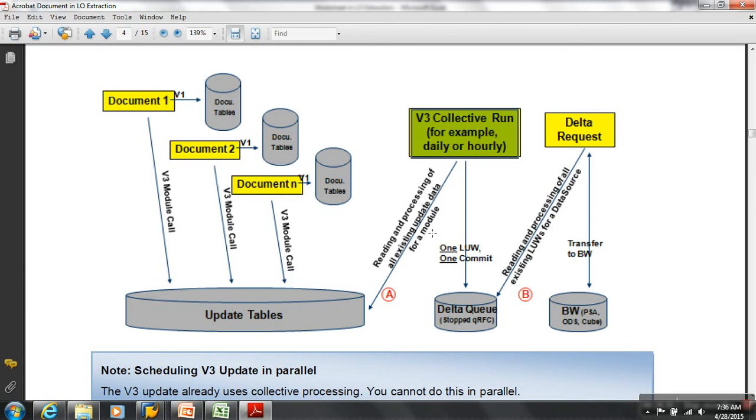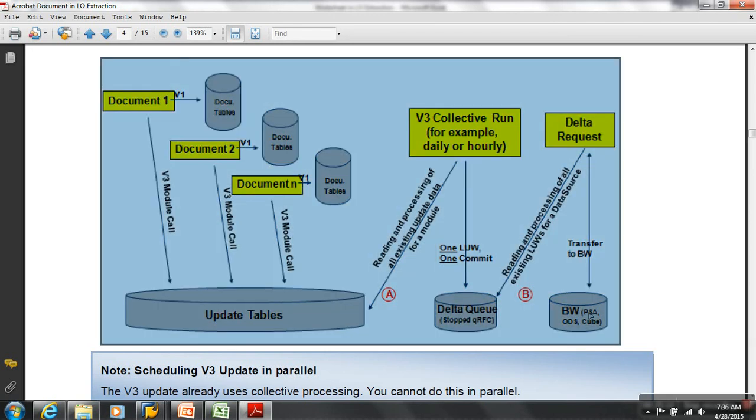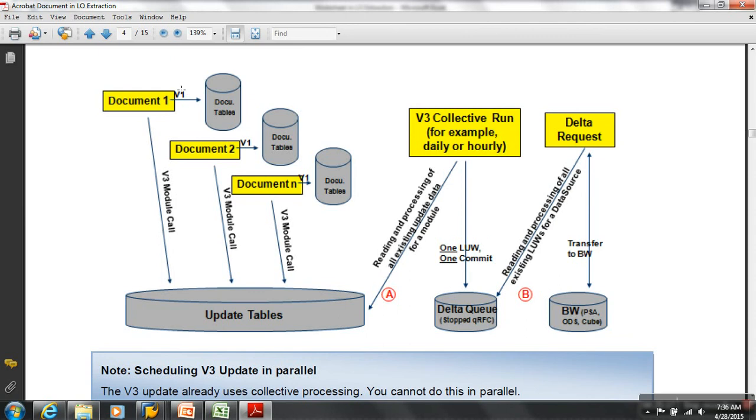Then your V3 collective job, nothing but V3 job, will run, which will read all the existing updates for a module and put them into one LUW, one commit into what? Delta Q. Then in BW, when you run delta load, it extracts from delta Q to what? BW. This is what? Unserialized. So focus on this. It says V1 here, and for updating application tables it is V1 updating, time critical updating, and update tables are not updated with critical updating, so it does not affect the performance.